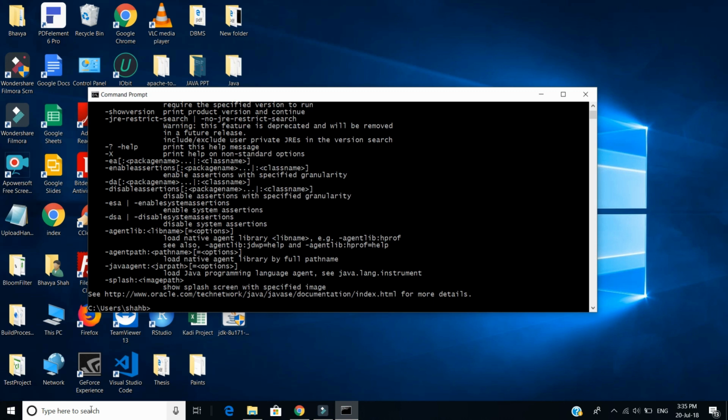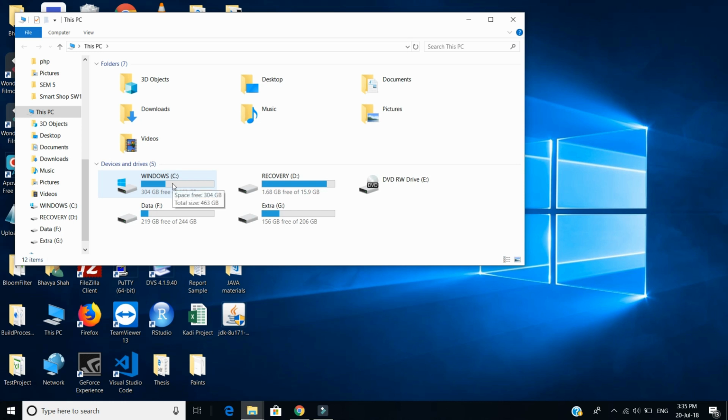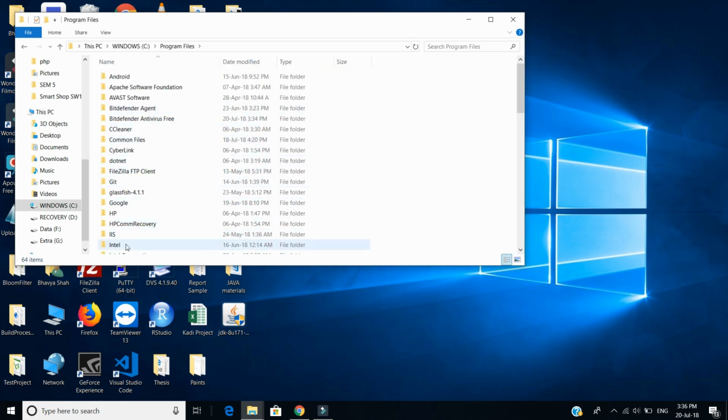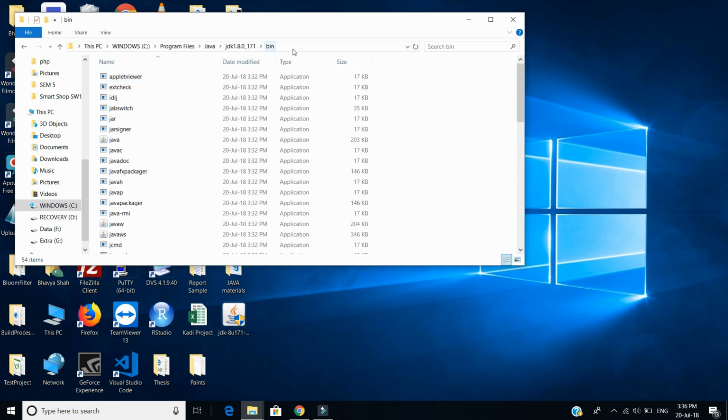For that, we minimize the screen or we may close it. Then open This PC and click C, Program Files, Java, JDK, bin, and copy the entire address.